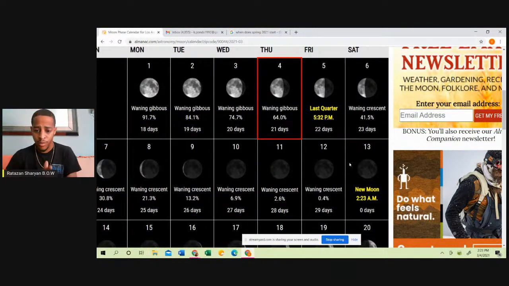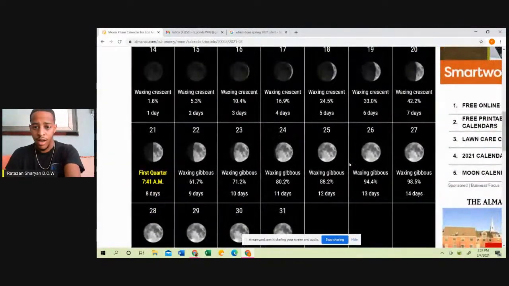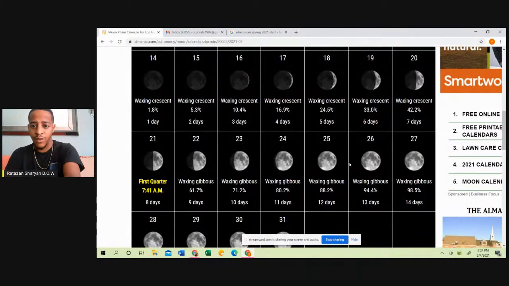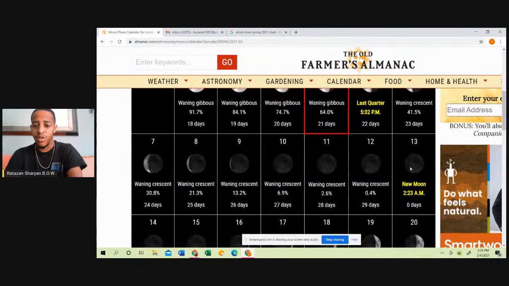Look, this is the Most High's instruments, and we just have to go by what the scriptures say and go by his instruments. And this moon does not fall after the 20th. All right. This does not fall after the 20th. Okay. This is the March 20th here. It's before March 20th. So this moon is not the moon in its proper season. So if you're keeping your new moon on this particular day, you're keeping it in the wrong season. Okay. Remember, we're going with the scriptures. This is not Abib season until after March 20th.